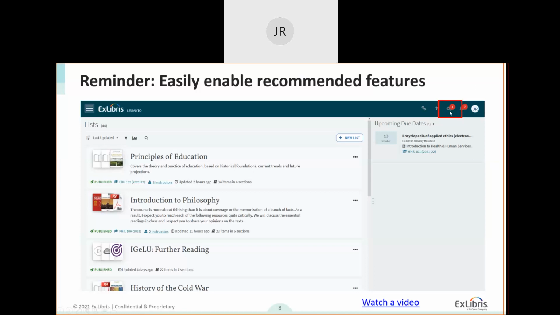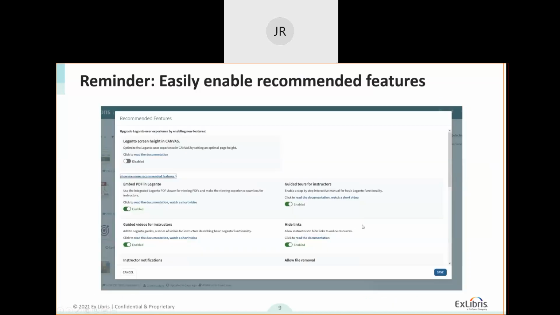It doesn't cover everything, but up here in Leganto, for some users, there's a configuration or a little gear option here. And if you click on that, you can see some recommended features recommended by us for things that you should consider turning on. You don't have to get into the configuration menus to do this. You can just quickly toggle these things on and enable them. There's about, I don't know, 8 to 10 things in here that are recommendations. I won't be covering all of these things, and I'll cover some things that aren't included in this list, but